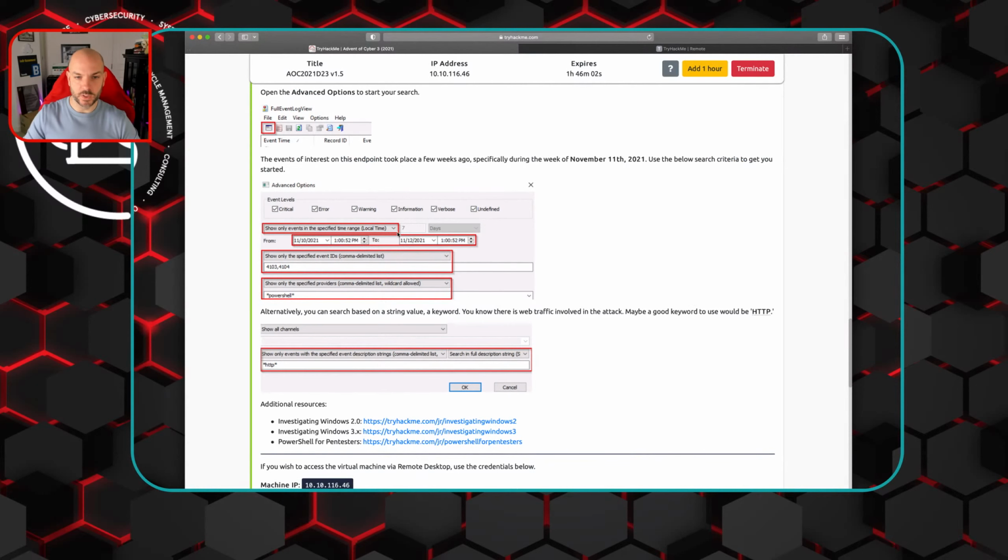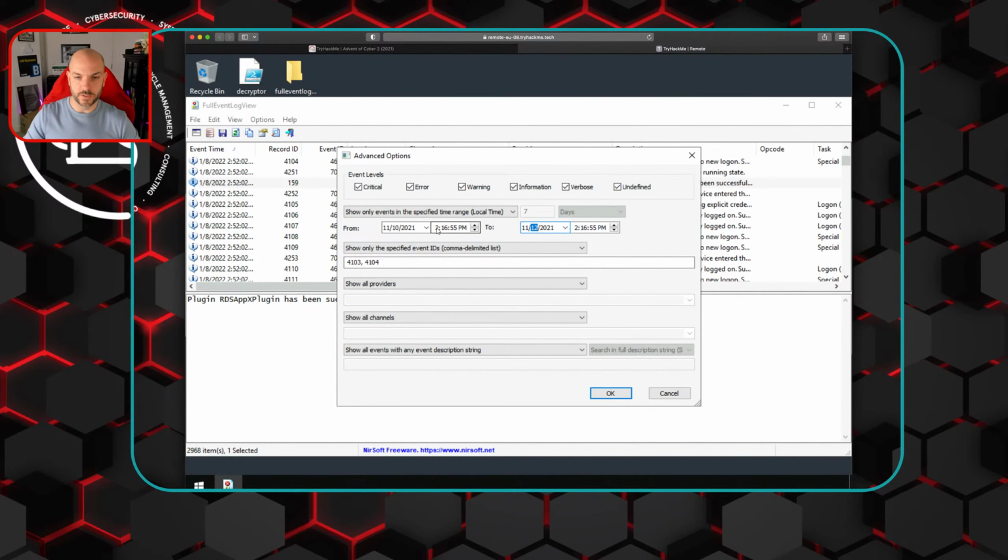11:12, and then the time was 1:52 p.m., or 1:52, I should say. 1:00:52, and then the same thing on this side. So just 24 hours. 1:00:52. Cool. And if we go and run this,